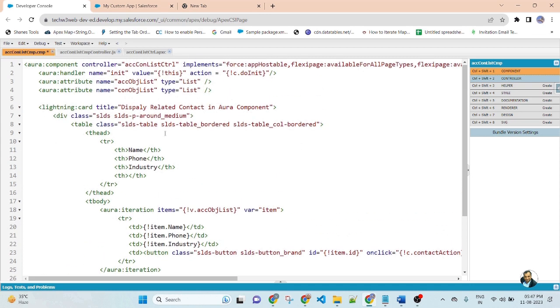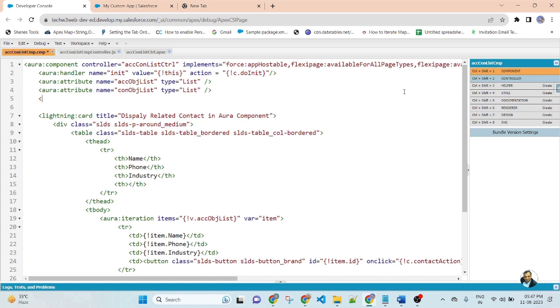Before creating a modal pop-up, I am creating an attribute. Name equal to modalFlag, type would be Boolean. By default, it will be false.